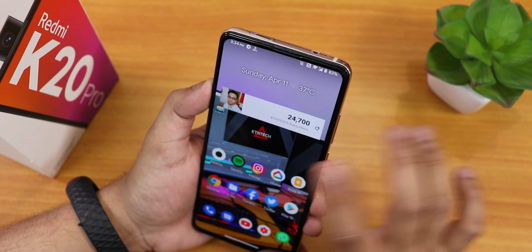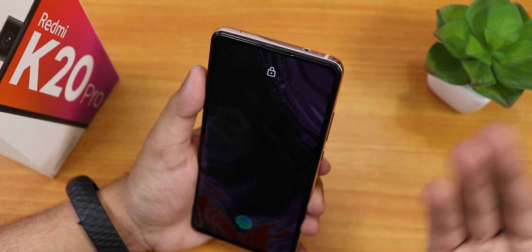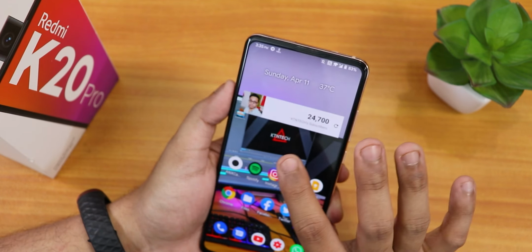This is very convenient. It does not open the front camera even if you double tap accidentally on the phone. So that is great. You have to actually swipe up to use the face unlock. This is a great feature in my opinion.